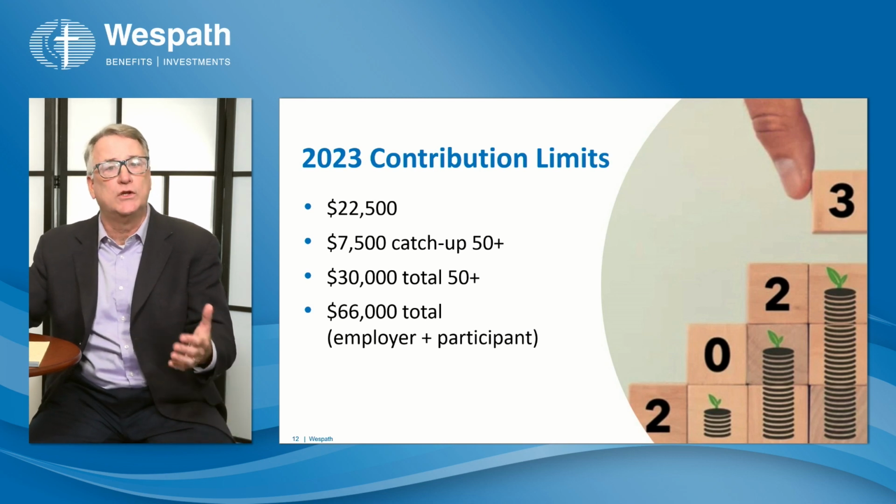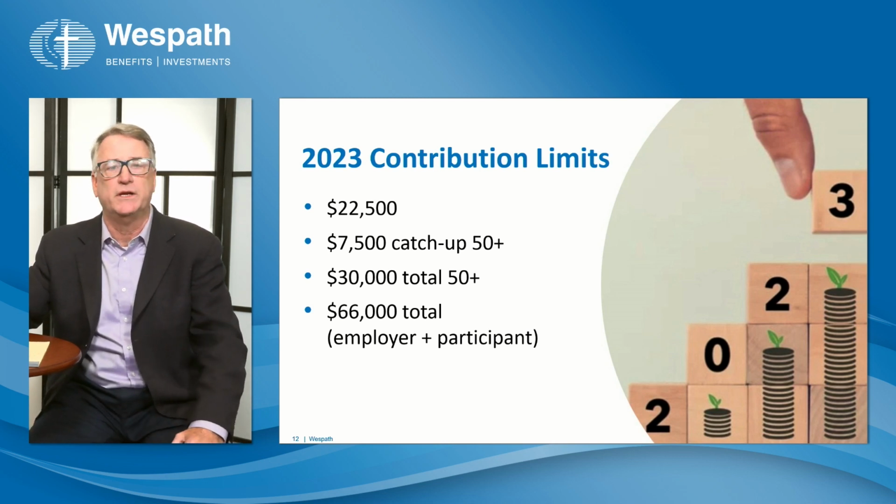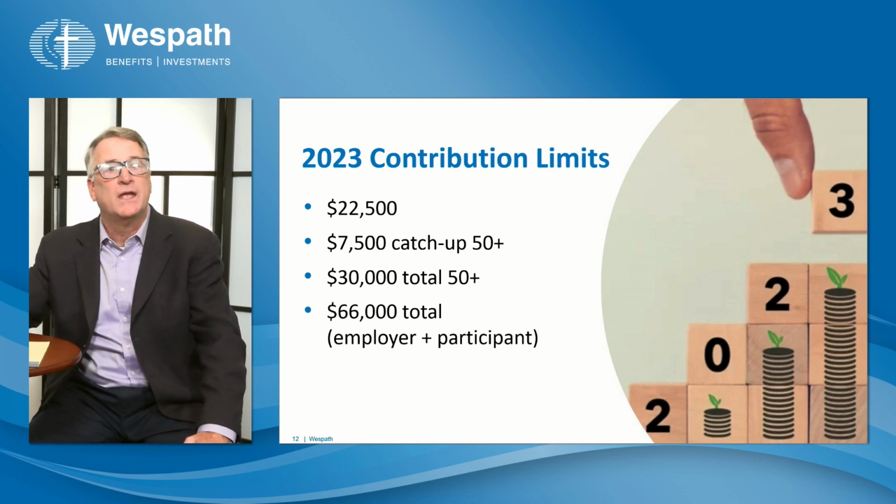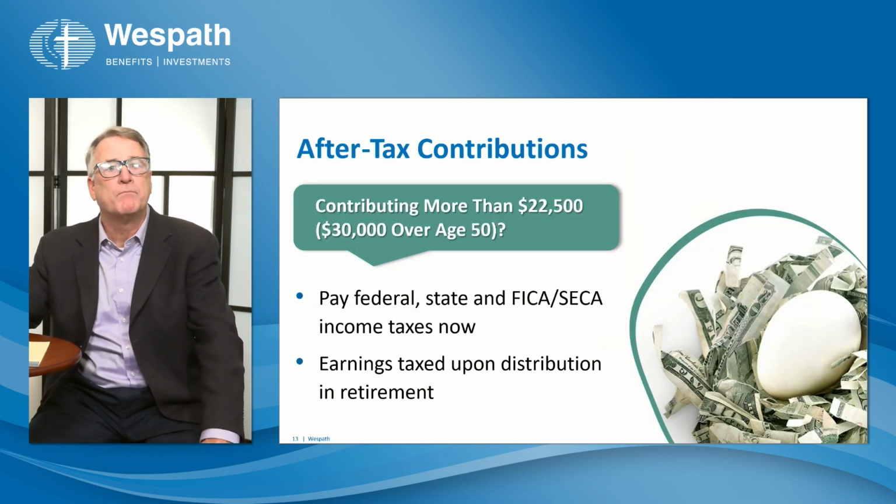And then in total, including employer monies, there's a limit as to how much can be contributed into the plan as well. It's $66,000 for this year. And we anticipate in about 4 to 6 weeks to be hearing what the 2024 numbers are going to look like. Now, we grant you that the $22,500 is a lot of money,